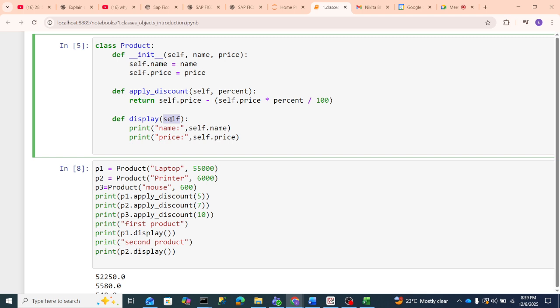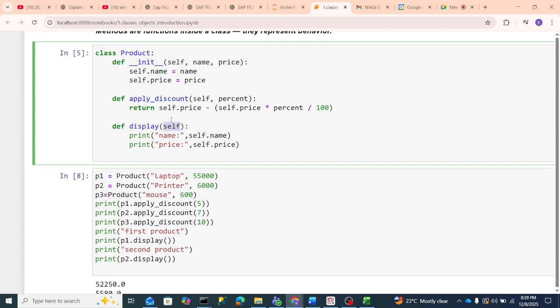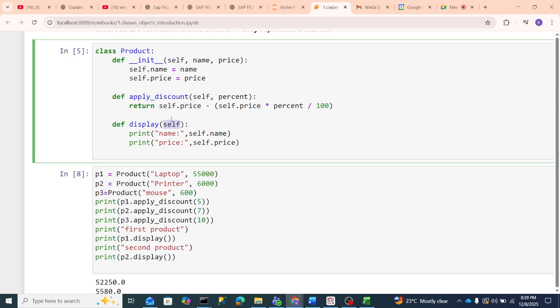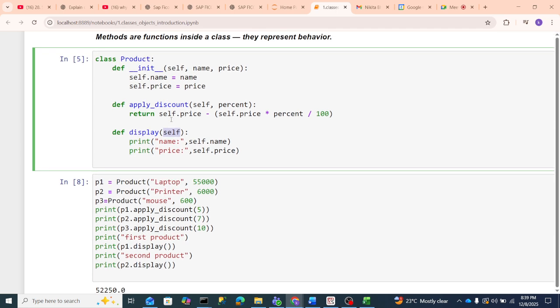So till now, I hope you understood the concept, how the objects are created and how they are used to invoke the classes and methods. I think it would be better to stop here. You go through